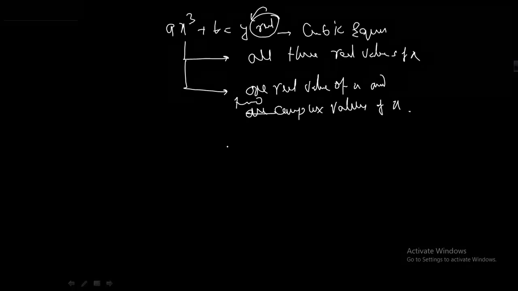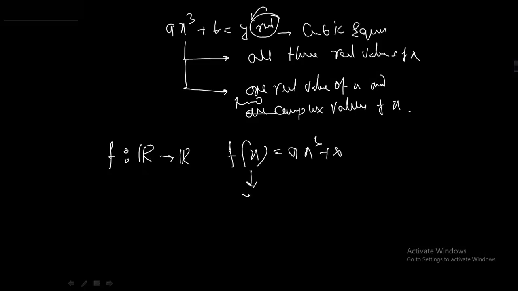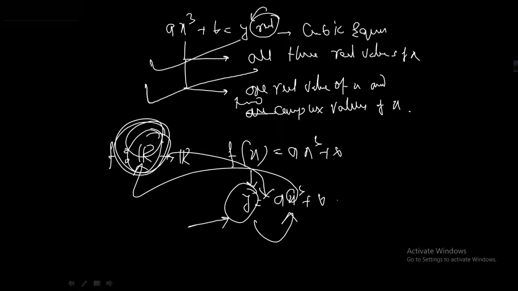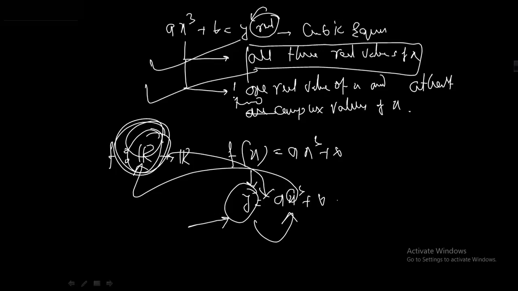আচ্ছা আমাকে তো অন টু প্রুফ করতে হতো, রাইট? ফাংশনটা কি ডিফাইন ছিল? R থেকে R এ, f(x) = ax³ + b, f(x) টাকে y লিখেছিলাম। অন টু হওয়ার জন্য কি লাগতো? এই y টার জন্য x এর ভ্যালু লাগতো। কোথায়? ডোমেইনে। ডোমেইন কি? সেট অফ রিয়েলস। মানে তোকে যে কোনো y এর জন্য একটা রিয়েল নাম্বার x পেতেই হতো। এবার দেখ এই দুটো পসিবিলিটিতেই অ্যাট লিস্ট একটা রিয়েল নাম্বার তো পাবি। এখানে তিনটেই পাবি, এখানে একটা পাবি, বাট পাবি, গ্যারান্টেড, আসবেই। তো আমি y এর যা খুশি ভ্যালু রাখি না কেন,